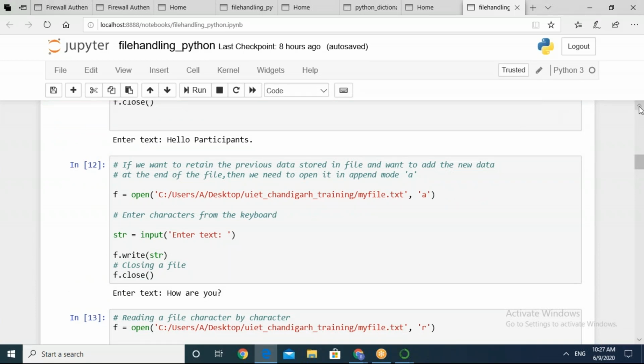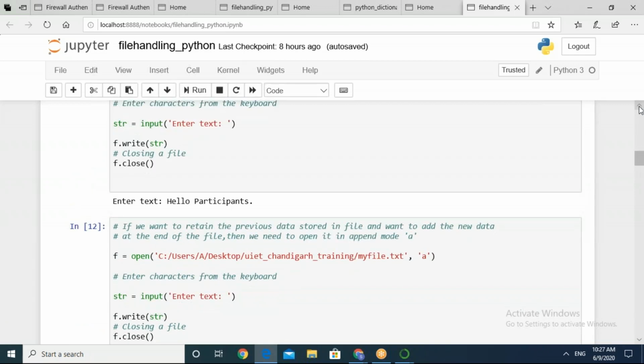So the next part is, if we want to retain the previous data stored in the file and want to add the new data at the end of the file, then we need to open it in append mode. Fine. So what we are going to do next is append mode. Again, we have taken the same file that you have just created. Now it will be easier for you to go ahead because all of you have created a file at your end, right?